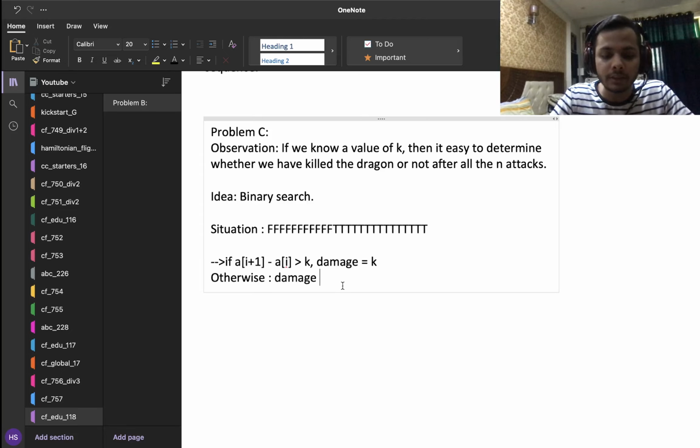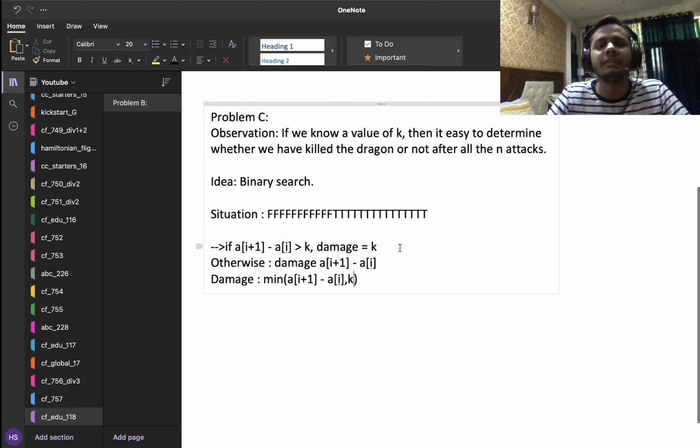So then the damage inflicted by the ith attack is going to be a of i plus 1 minus a of i. Essentially the damage is nothing but the minimum of a of i plus 1 minus a of i, comma k. Pretty easy to see why this is happening.